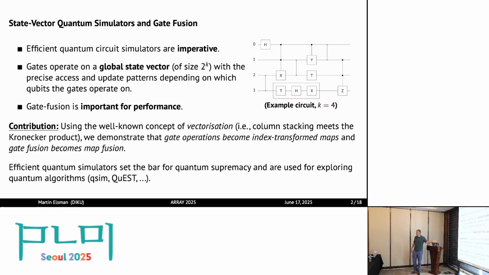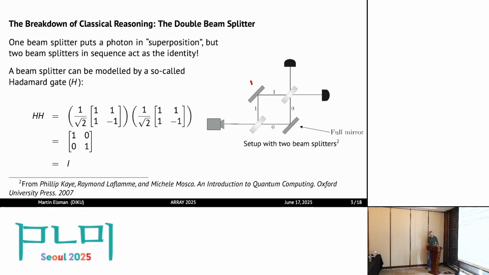Of course, we are not going to claim here that we achieve state-of-the-art performance in quantum simulators. There's a lot of work out there, and they set the bar for quantum supremacy. When do you actually need quantum computers to solve real problems, and when can you just do with simulators? Of course, if you can simulate some algorithms or some problems, then you won't need real quantum hardware, right? And there's a lot of related work in that area.